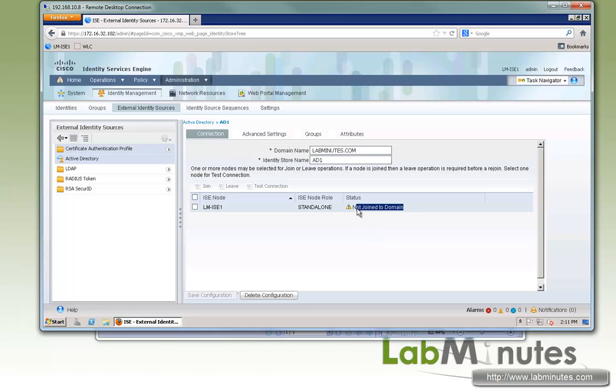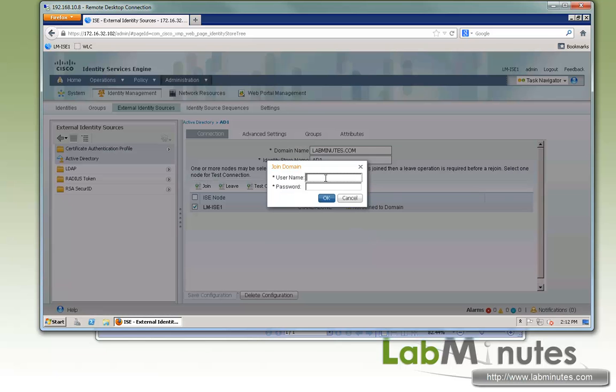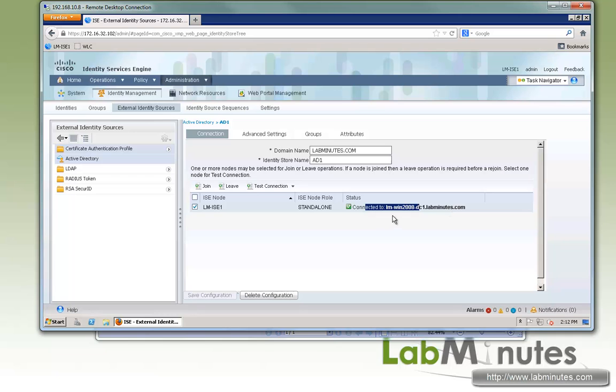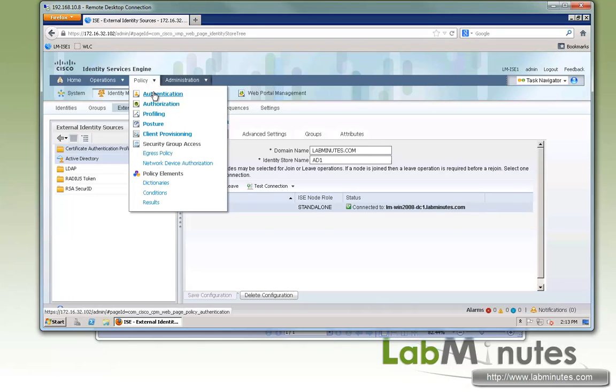Okay, I'm glad that we checked that, because somehow ISE has lost connectivity to the domain, so we can go and fix that quickly. Okay, now that we have successfully joined ISE back to the AD, and it says it's connected, we can go back and start configuration on the